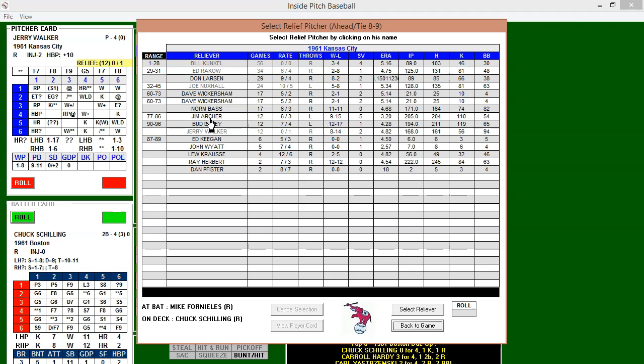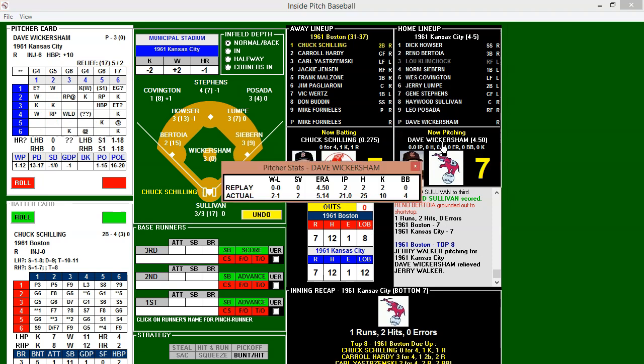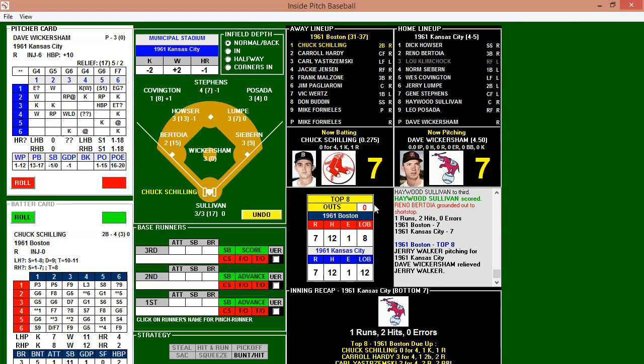These guys are starters, so they're both lefties, too. I guess we'll bring in... I can't bring any of those guys. Dave Wickersham. See, look, that's another error for the programming. I guess we'll try Dave Wickersham. See how many innings he's pitched. 2 innings, so I'll let him pitch. All right, Wickersham comes in. Now a 7-7 game.